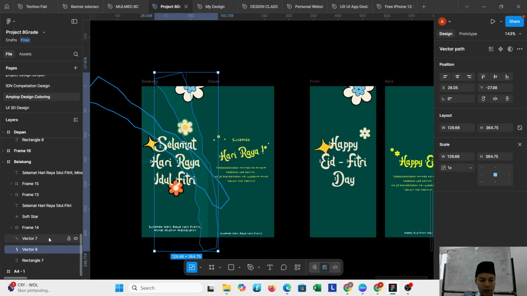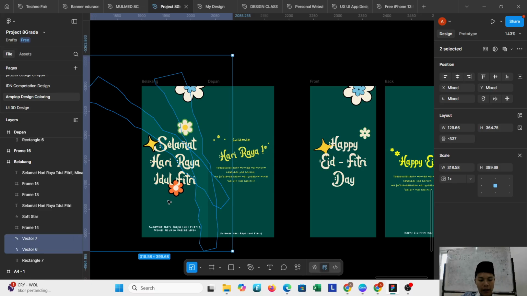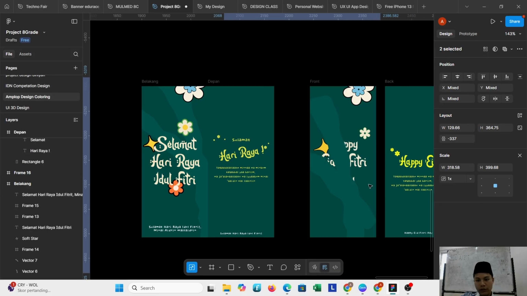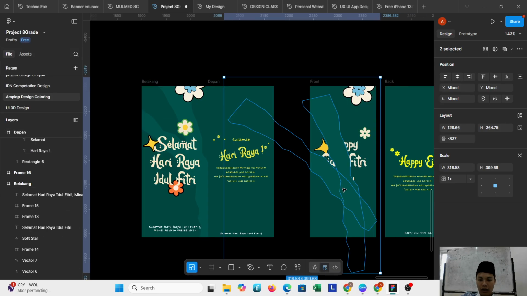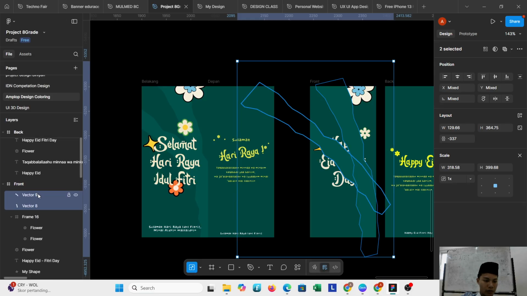You can just select with shift until two, then copy and paste to your design, and don't forget to put it at the back of your design.